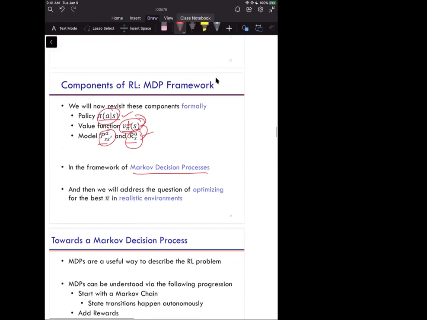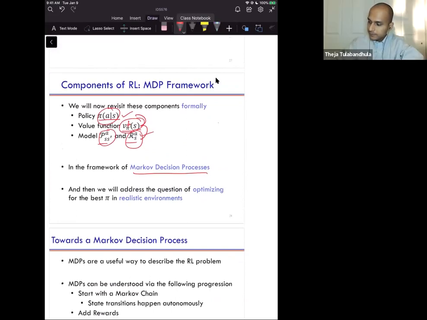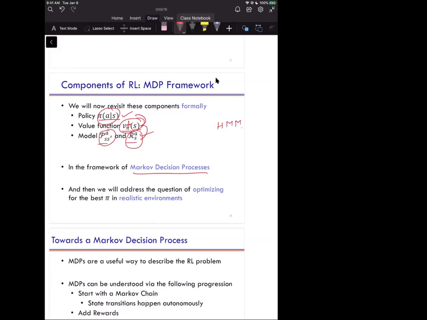So in 575, we learned hidden Markov models. Is that a part of this Markov decision processes? Because that was pretty similar too, like in terms of state and